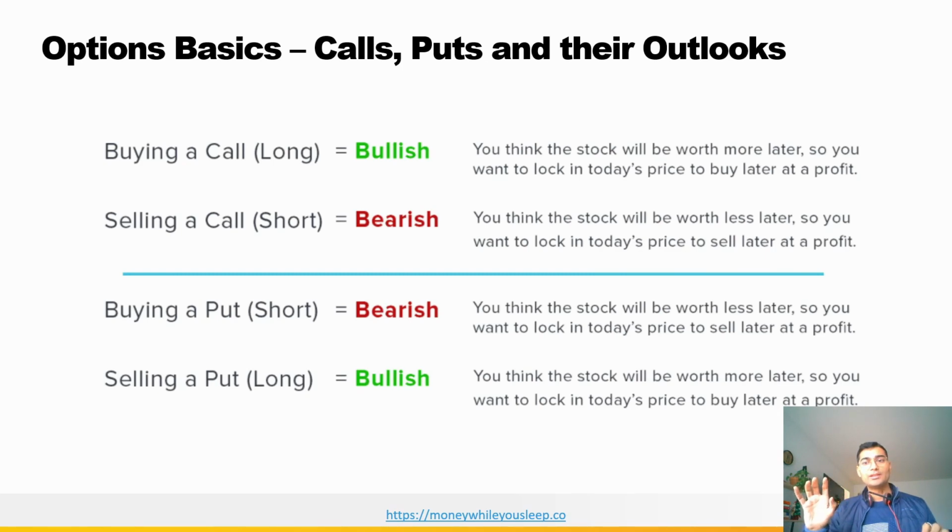Just like the insurance example, a buyer of insurance is not thinking about whether the car will have an accident, because he has given that risk to the insurance company. But at the same time, the insurance company does not want the insurance buyer's car to get into an accident, because then they will have to pay for it, right? So they work against each other. If the buyer is bullish, the seller is going to be bearish. If the buyer is bearish, then the seller is going to be bullish.